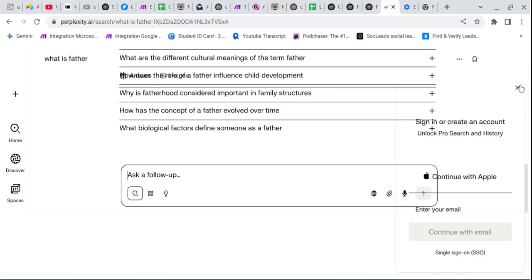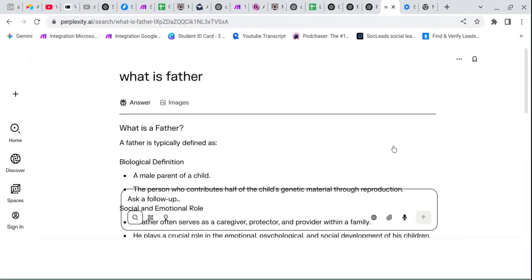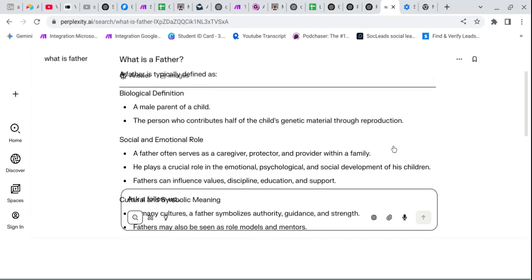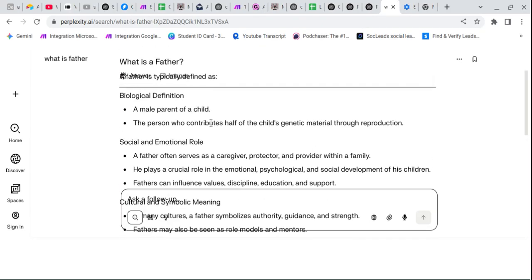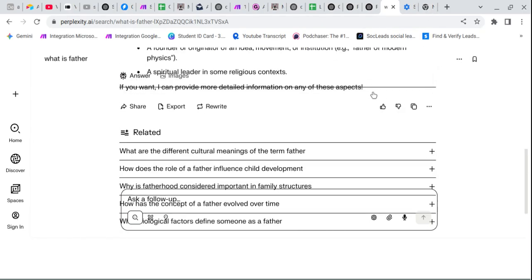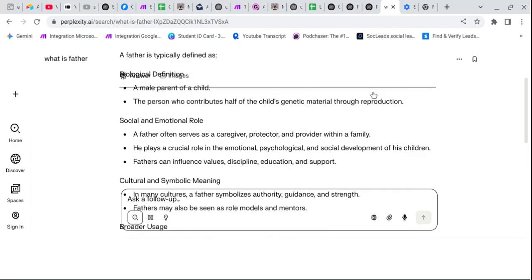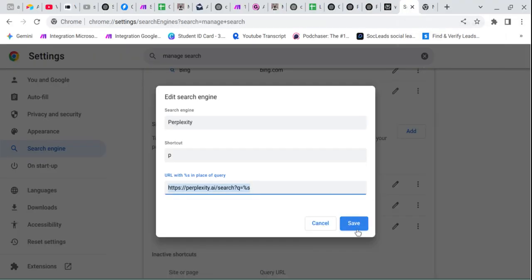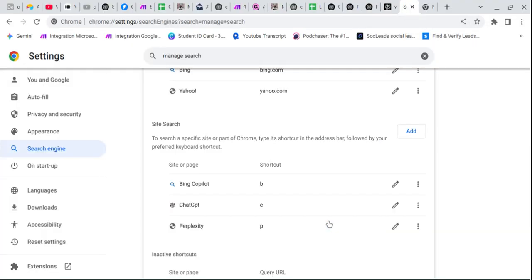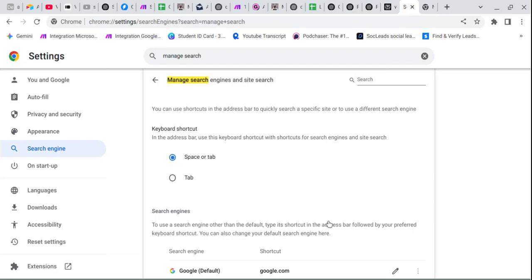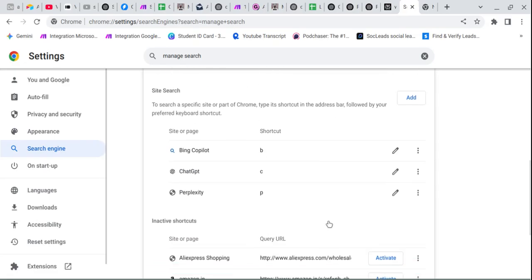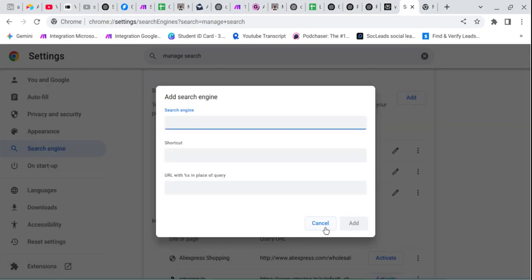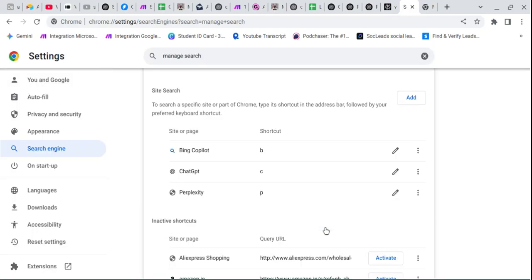Let's close this. I think we got an answer: a male parent of a child. So this is the hack you can use in your life to get productivity, so it can boost your time. If you use it, you can add as many sites as possible, so you can edit. This is for your teaching purpose. Next time I will also come with different